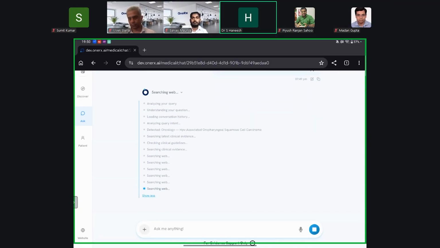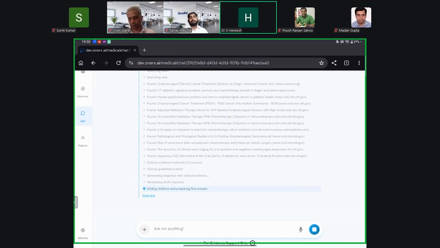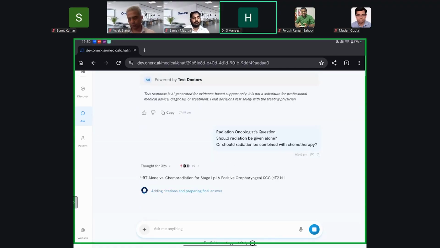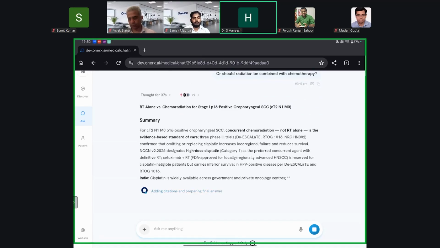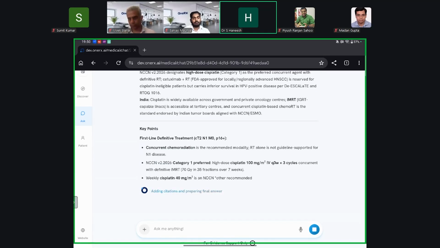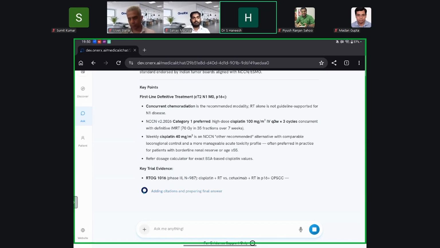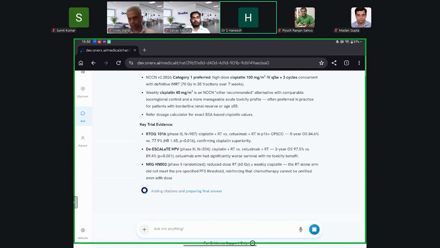So I need to highlight one of the features here. There are crores of articles across PubMed. For example, ASCO 2026 recently happened, a conference in Chicago. So many articles have been published, they have highlighted new drugs that got approved. So we need to get evidence in a good hierarchy manner. So what we made here is the evidence hierarchy.